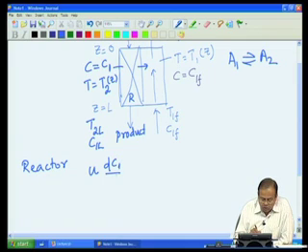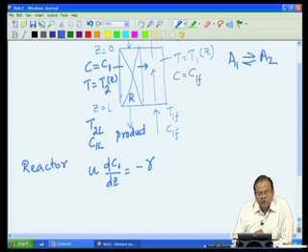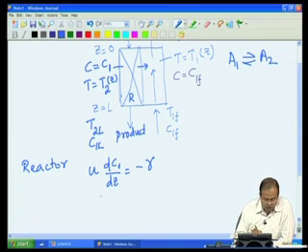So my concentration will change according to my rate of reaction. And what happens to the energy balance? My energy balance will take the form of